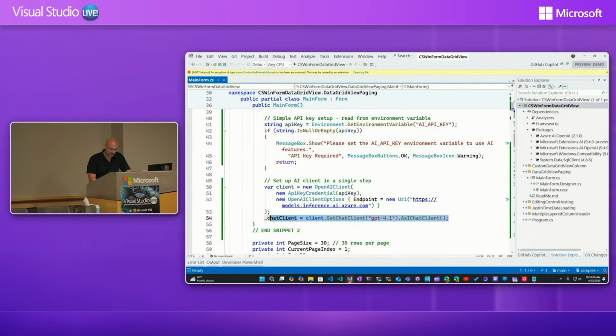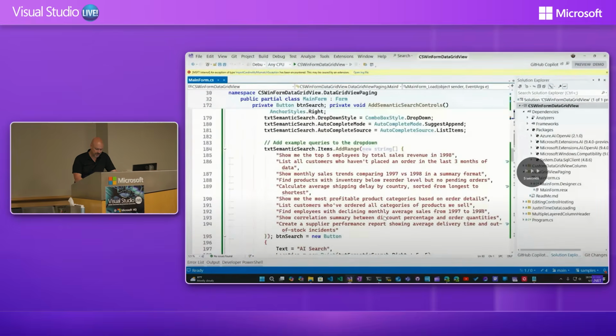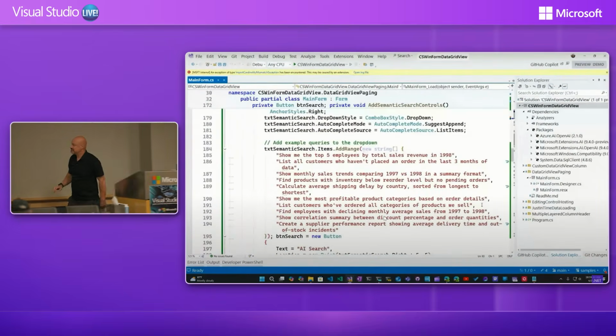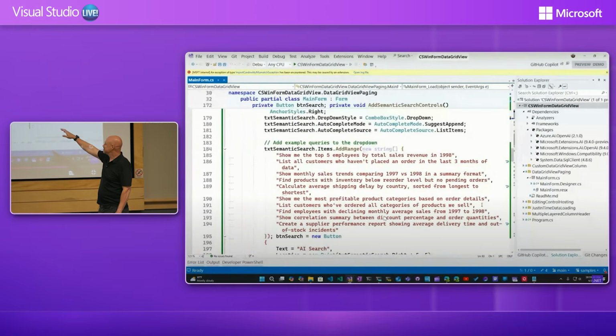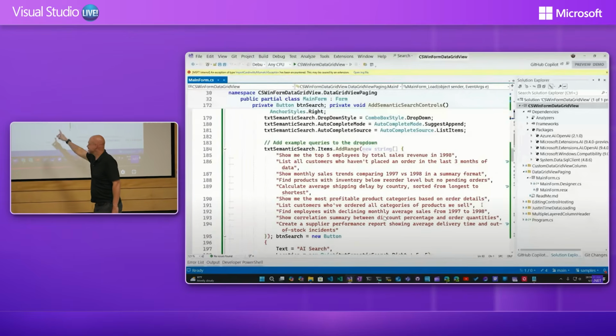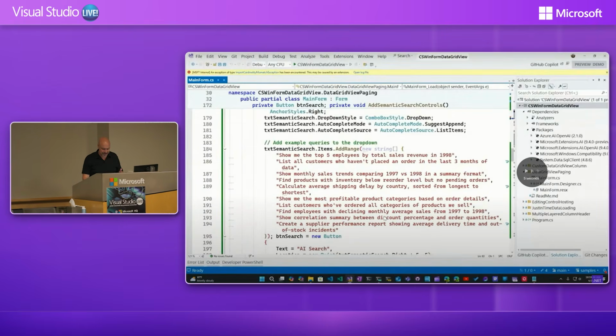I say I want to use GPT-4.1 as an iChat client. And then my query here is some stuff like, show me the top 5 employees with total sales. I had one that said, find me employees with declining monthly average sales from 1997 to 98. So anyhow, we go through and write some of these queries that are actually relatively complex, right? So now the wacky idea I came up with was to use AI